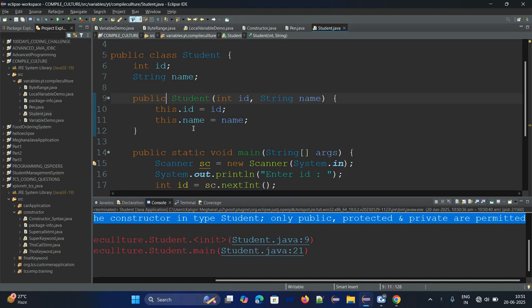the constructor is there, no? It automatically initializes the object's values. And the second one is to avoid writing separate methods to assign the data after the object creation. If you don't use the constructor, see here, we are initializing the data to these variables, right? If you don't use a constructor, then it is mandatory to create some separate methods for assigning the data.